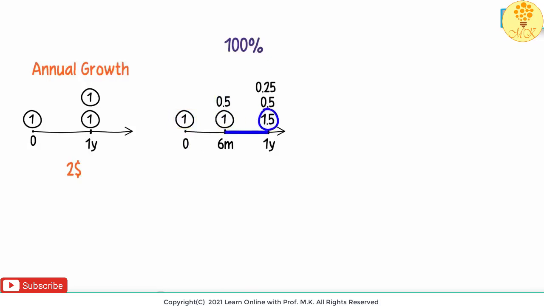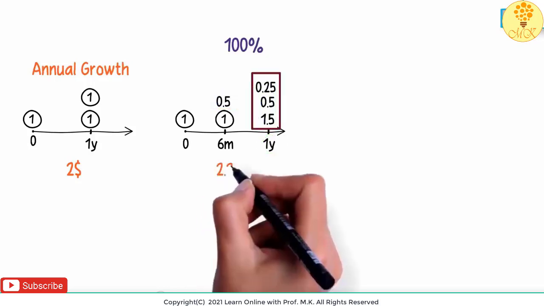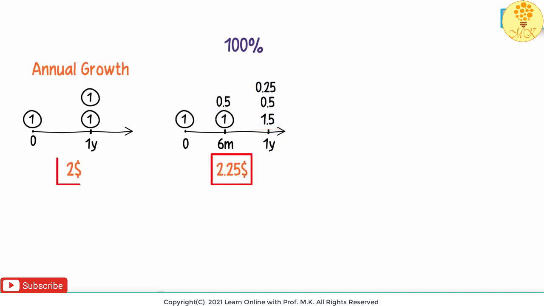$1.50 remains as is. The growth is 50%. So 50% of $1 will be 50 cents. And this time the 50 cents also earned a 50% interest. That will be 25 cents. This 1.5 is the sum of our original dollar and the 50 cents we made here. So at the end of the year, we have our original dollar, then the 50 cents our original dollar made, and we also have the 25 cents that these 50 cents made. A total of $2.25. This is better than doubling.